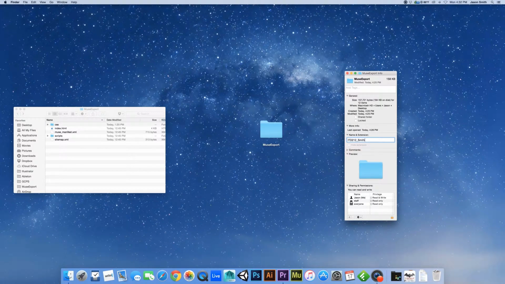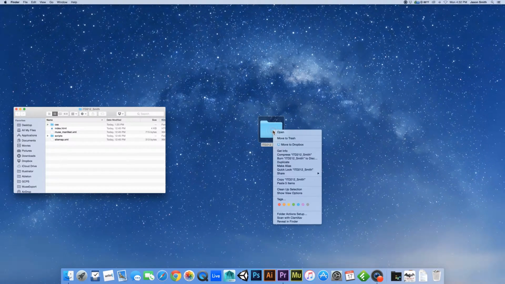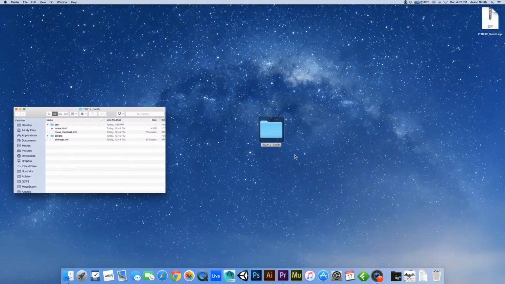You're going to name the folder that. So it'll be a folder containing the 5 items named ITD212, your last name, and then I want you to compress or zip those files together, and you'll get a zip file that'll be named the same thing, ITD212, your last name. I want you to email me that zip file,